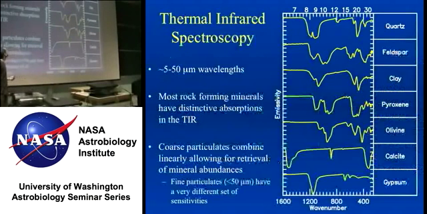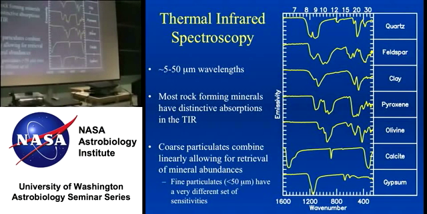So let's start with thermal infrared spectroscopy. This is basically the one slide background, and this is where I've focused much of my work. We're looking at 5 to 50 micron wavelengths. We're looking at energy that's being emitted from the surface. It's not reflected light, it's emitted light. And if we look at emissivity, the way I'd put it is that different materials glow different colors in the thermal infrared. And these are